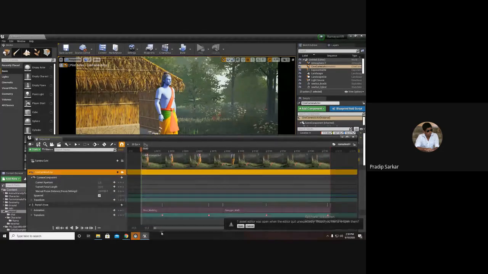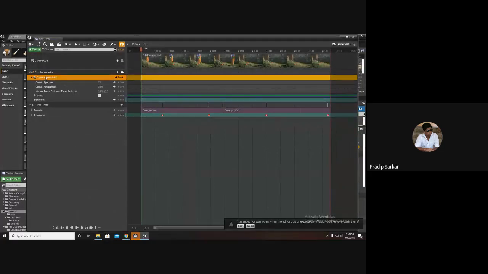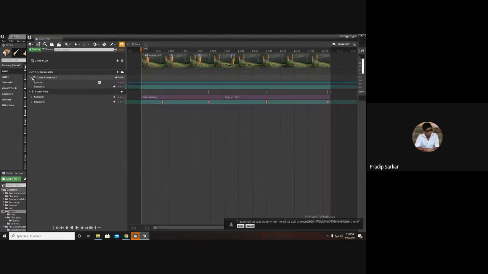Again, we have the camera properties. This is the camera component. In here we have the camera aperture, focal length, focal distance of a normal camera. But we won't go inside that. We have a transform.